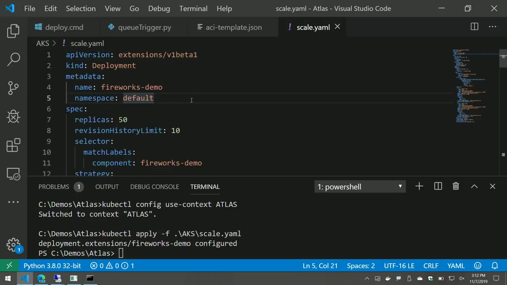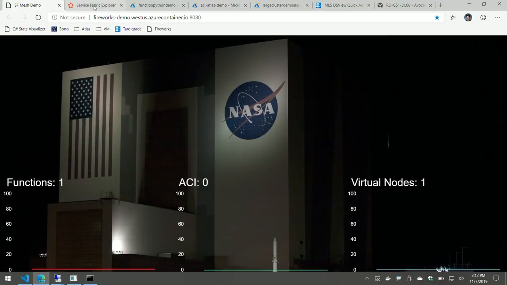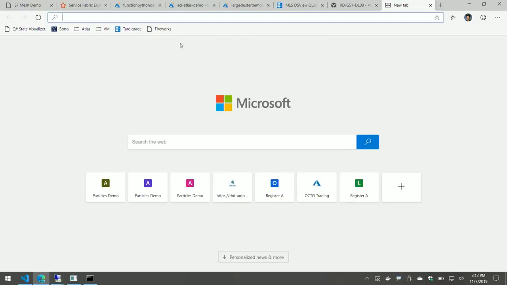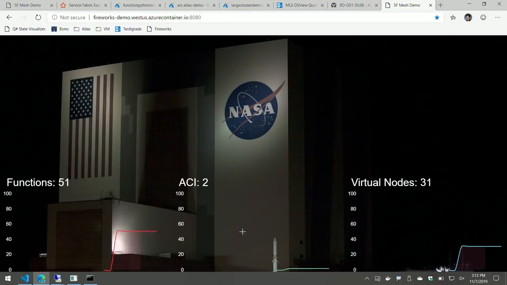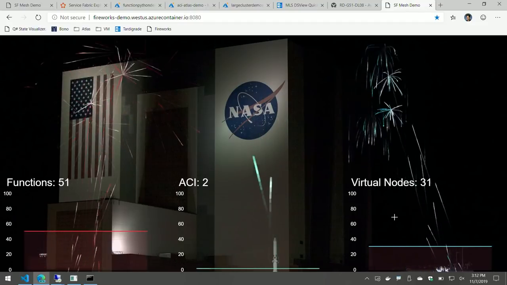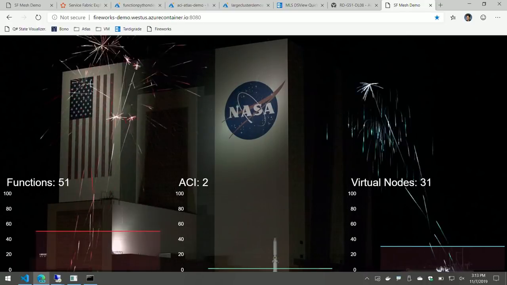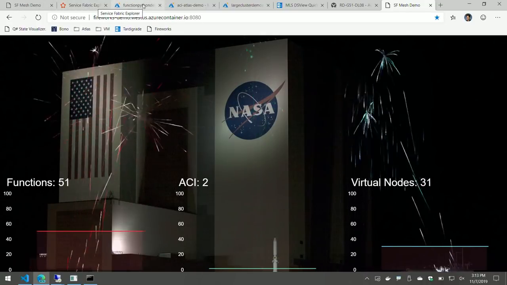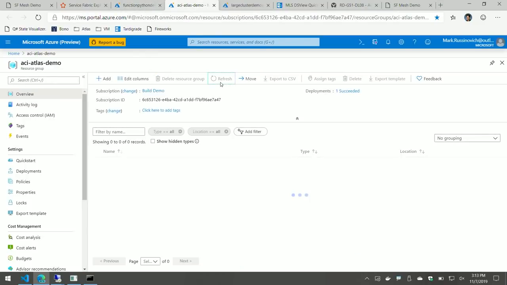Now, if we take a look back at the Edge browser, let's see how we're doing. And so we're starting to scale up on each of these. We've got 51 functions, Azure Container Instances, virtual nodes, and these will continue to rise as more and more of these get deployed. If we go back and take a look now at, for example, ACI, Azure Container Instances,